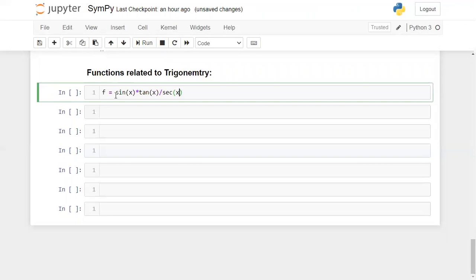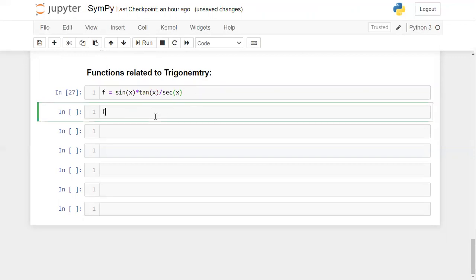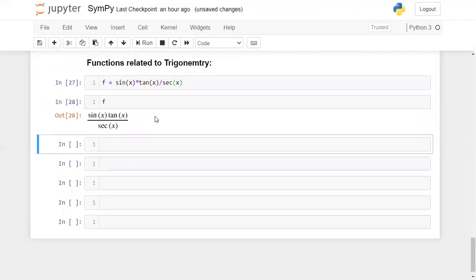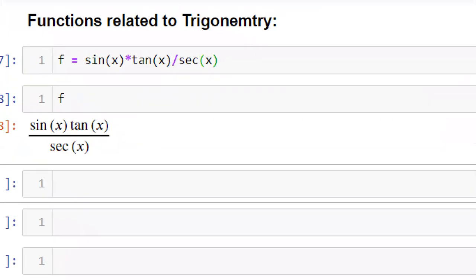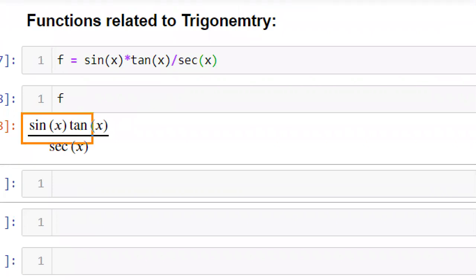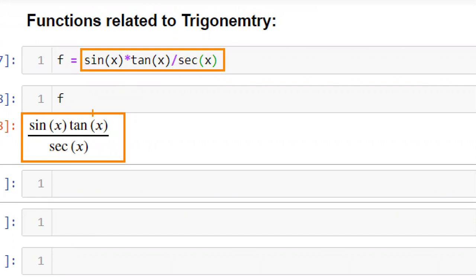If you remember this trigonometry, before that I just want to display it in a symbolic representation like this. This is my symbolic representation of this Python expression. Internally it can be written like this. Now how will this get calculated and simplified? This is sin x, and this tan x can be written as sin x by cos x, right? If you remember.